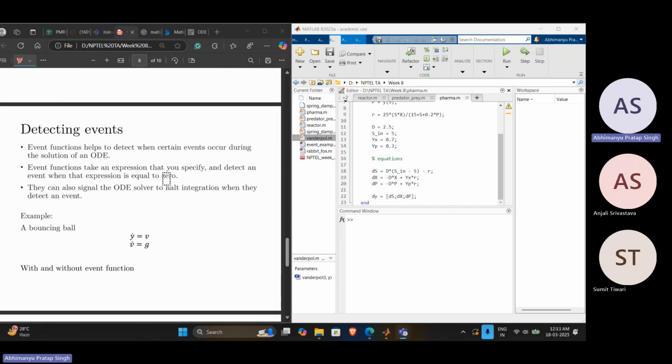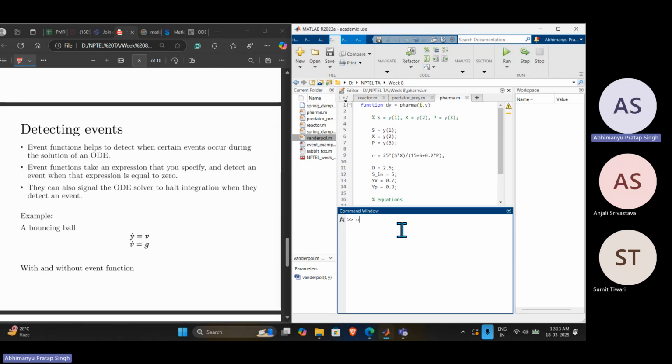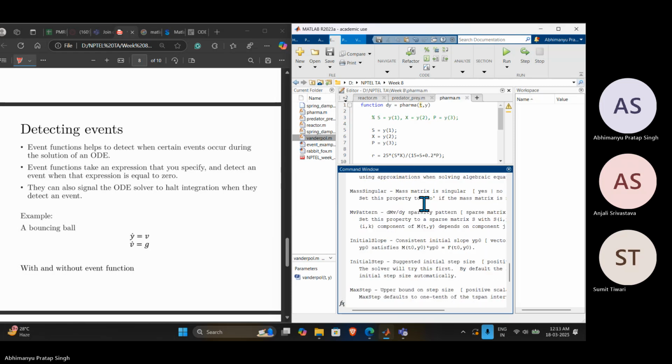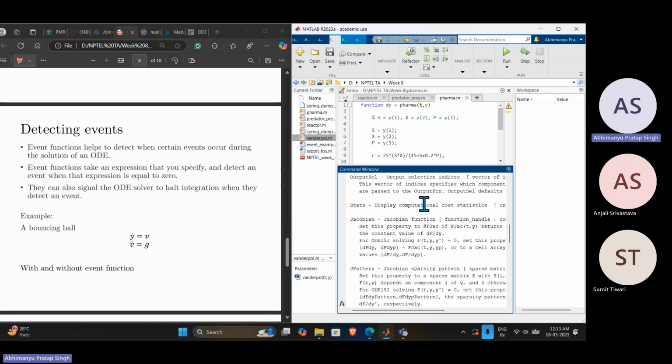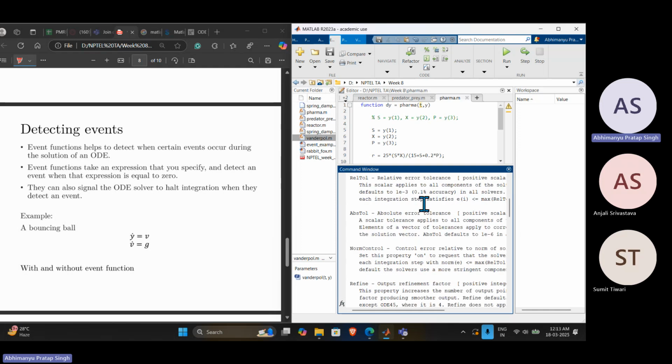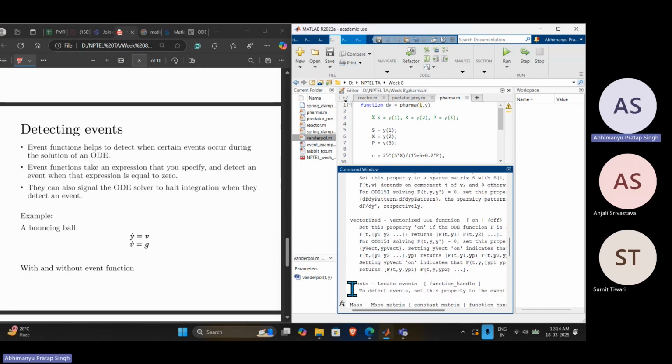So ODE45 has this event detection functionality where I can pass an ODE option. So we have these ODE set, right? If I type odeset, I have all these options in odeset. One of these options is the event option. So the events function can help us locate certain events